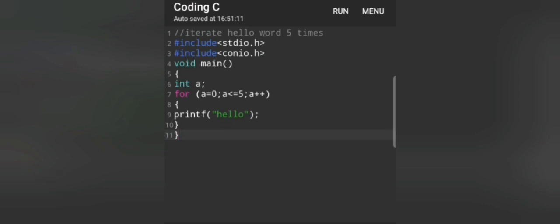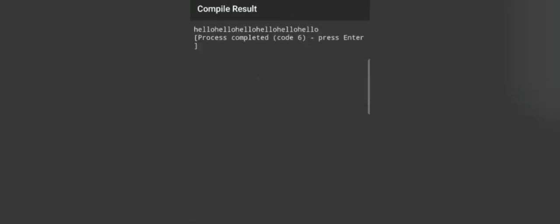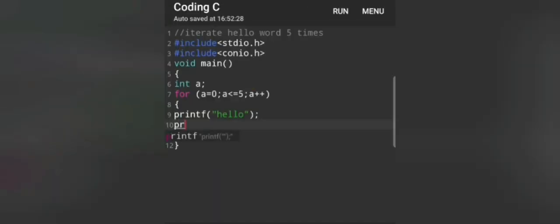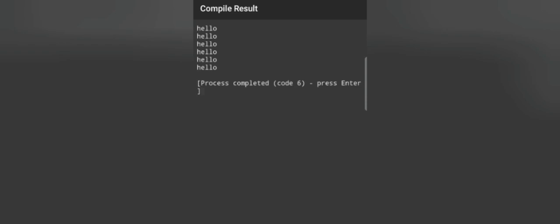Now our code is completed, so let us compile it. After the code has been compiled, we can see the output as the word hello being printed 5 times. But we can also change this output. So in our for loop itself, we will take another printf statement and we will write \n. Purpose behind this is that we need to shift our output after each iteration on next line. As you can see, it has been clearly done.